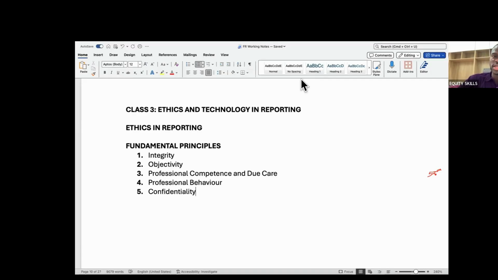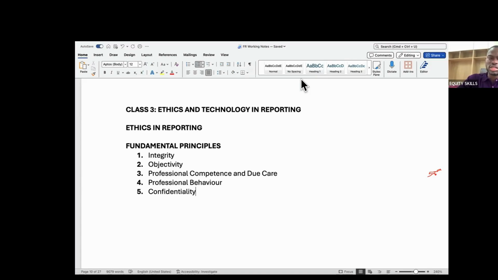This is very important in the sense that if you have any document or any information that you obtained as a result of your engagement with either your client or your employer, you cannot share that information. You cannot share that information with another party. That information is confidential, because if you were not engaged, you would not have been privy to those documents. So how would you then share it with another party?